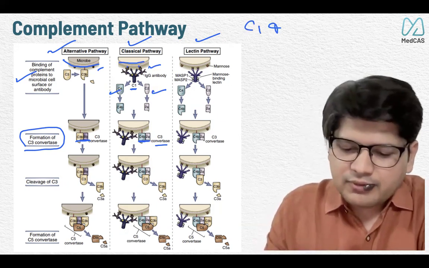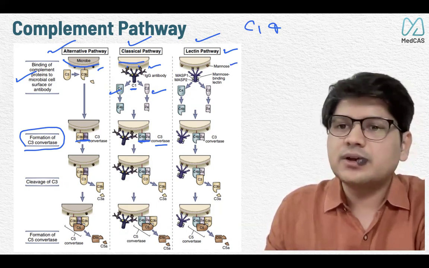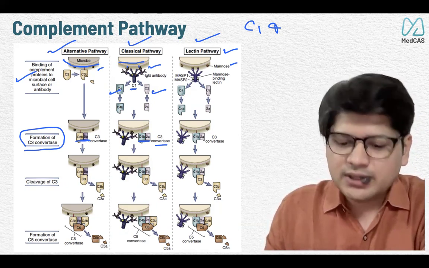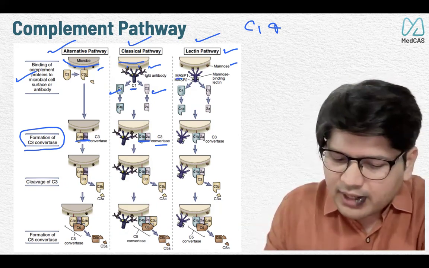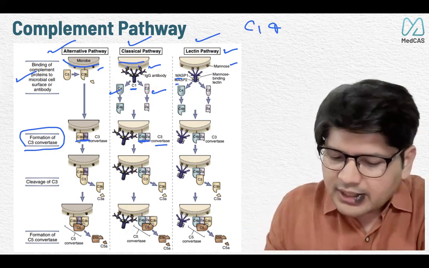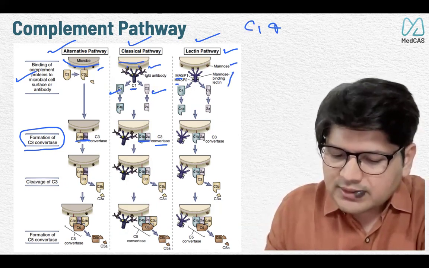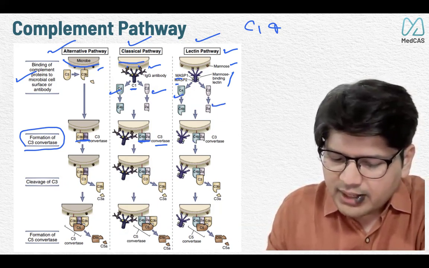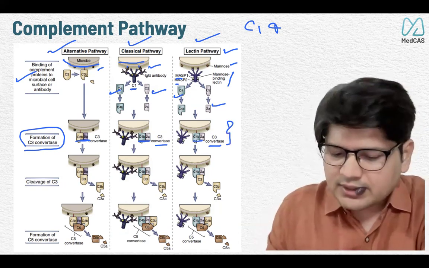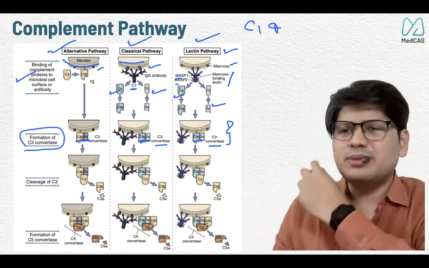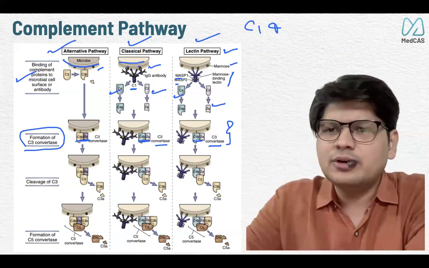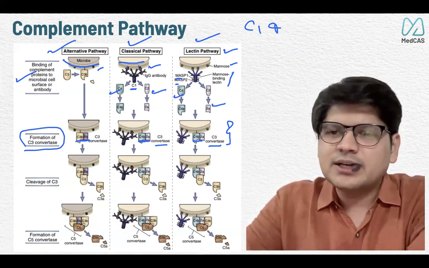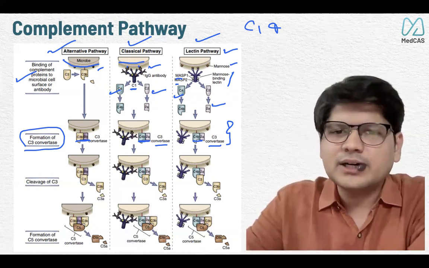In the lectin pathway, the starting point is mannose, which is present on many bacteria and many fungi. Through that, MASP1 and MASP2 get recognized through the mannose binding protein, the pathway of C4 and C2 gets activated, and you get C4b2a as a C3 convertase. The C3 convertase used to be an MCQ, but I have not seen it much at the SS level. From MBBS to MD we used to get this question: for the alternate pathway, what is the C3 convertase? For this pathway, what is the C3 convertase?